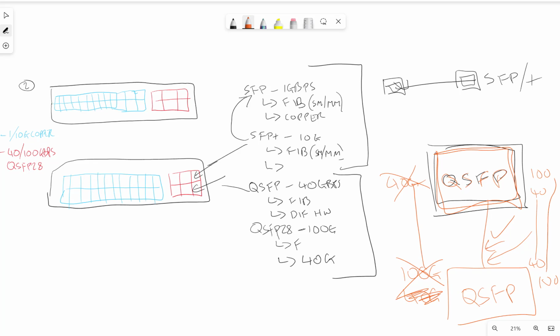I hope that makes sense. And it's the same thing as if it's an SFP to SFP. Fine, all good. If it's an SFP+ to SFP+, that's good, that's fine. But if it's an SFP+ to SFP, that doesn't work. That does not work. So